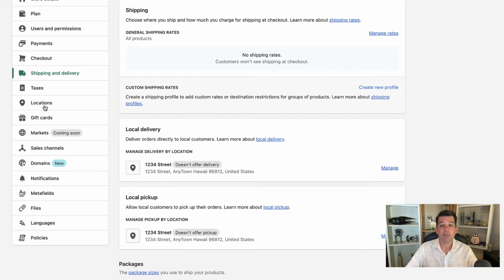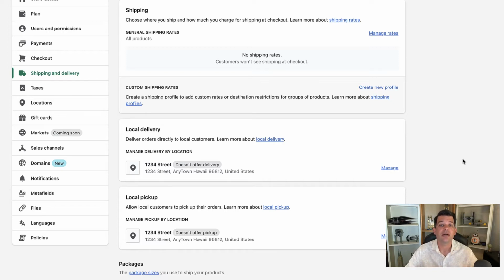The locations could be your physical store address, it could be your warehouse, or anywhere that the item is going to be shipped from. That way you have the right address, the right zip code, so that any automated calculations that are taking place will be calculated correctly. In addition, setting up locations is important if you have more than one when dealing with inventory. But for now, for shipping, if you only have one location, make sure it's set up there and it will reflect in here.